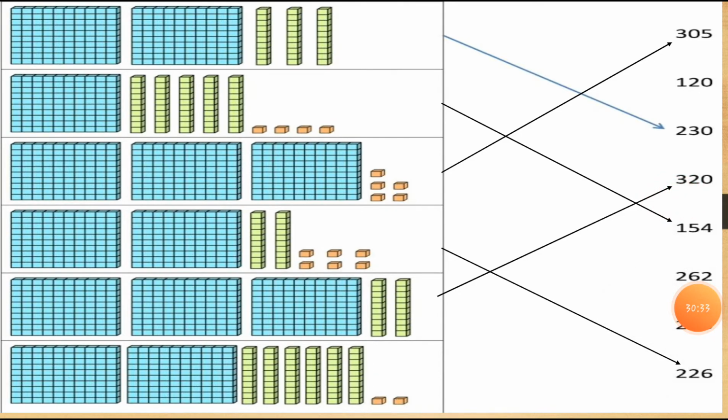Now let's count this number, which has 200 as the hundreds value, and 1, 2, 3, 4, 5, 6. 6 is the tens value and 2 is at the ones value. So with which number do I have to connect this, students? You can see I connect with 262. So this way we have to do this activity. I will send it to you. And students,